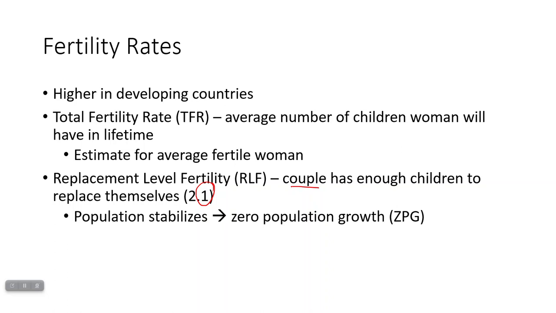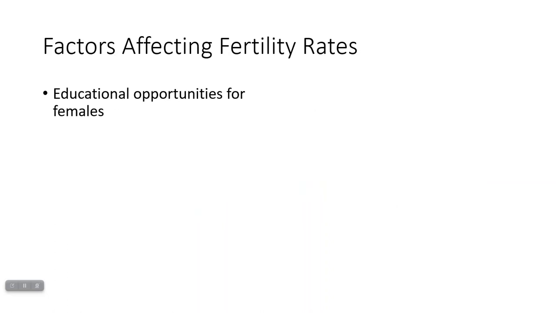Though there are some countries that have declining populations, and that has become kind of a factor that the governments have to consider. So, what's going to affect the fertility rates? Well, a lot of it's going to have to do with women, their rights, and their opportunities. If women have the opportunity to go for higher education beyond high school, college, graduate work, they'll tend to push back the years that they're having children. So, they'll have less children over their lifespan.